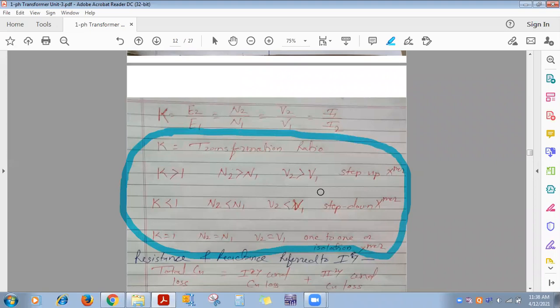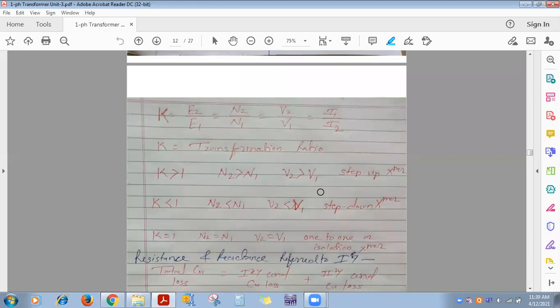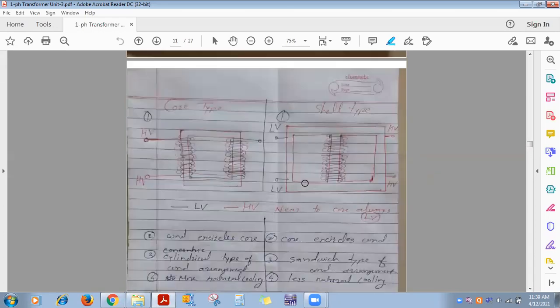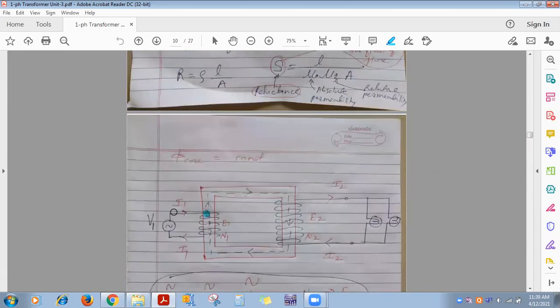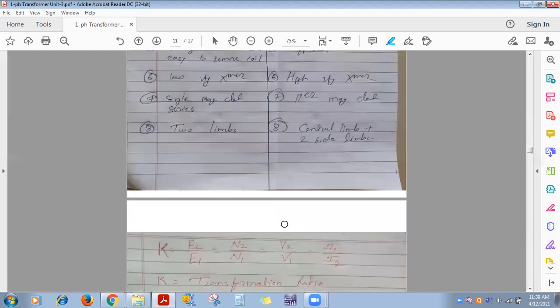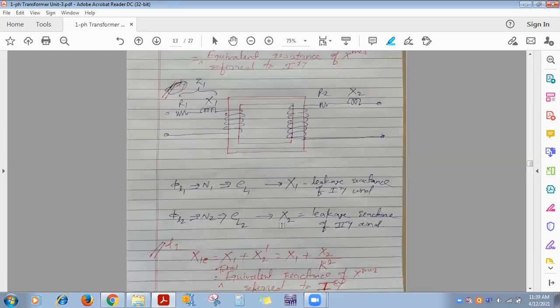Now see, whenever you are doing calculations on a transformer, the transformer has a primary side with primary winding and a secondary winding. Primary winding parameters are V1, I1, R1; secondary winding parameters are V2, I2, R2 and E2. If you do calculations along with this, one more parameter is also there. We have seen the effect of leakage flux, isn't it? Here I'll see whether I have written about leakage flux.